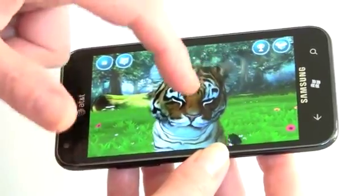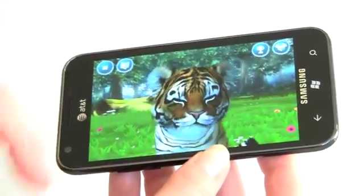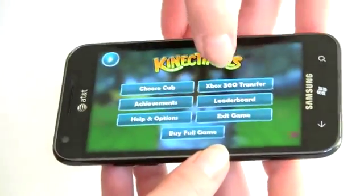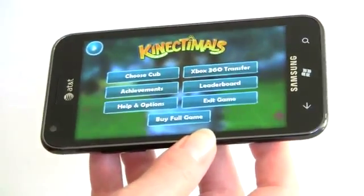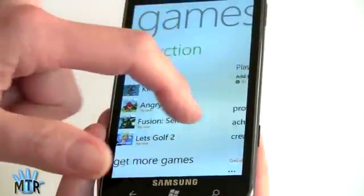And here we go, we have direct contact here. It's actually a little bit better than using Connectimals on the Xbox 360. And then you have options here including transferring it to your Xbox 360, leaderboard, and a bunch of other stuff, so that's pretty cool. So there's a pretty nice selection of Xbox Live games available, and then you've got your